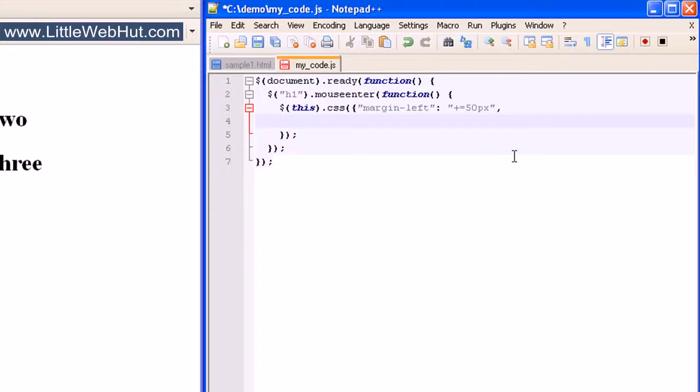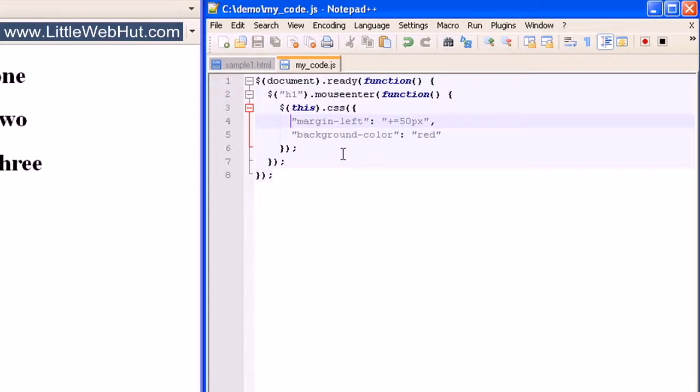And then I'll enclose the property value in quotation marks, and I'm going to use background color. And then I add a colon outside of the quotation marks, and then I'll enclose the value red inside of quotation marks. And when this is the last property value, you don't need to follow it with a comma. And then to make this easier to read, I'm going to come up here right before the first property value and hit the Enter key,